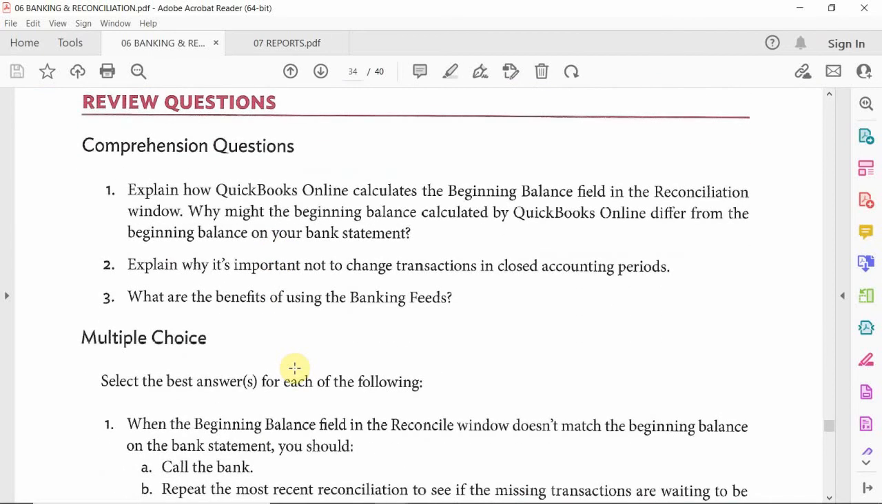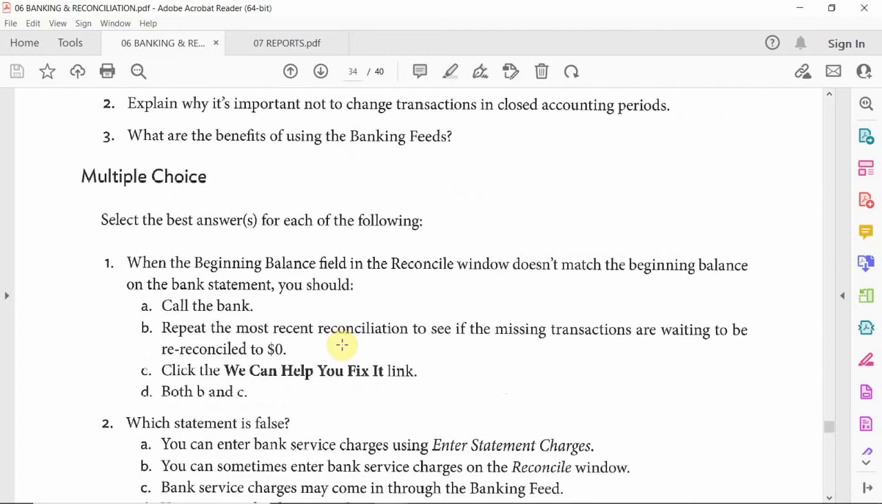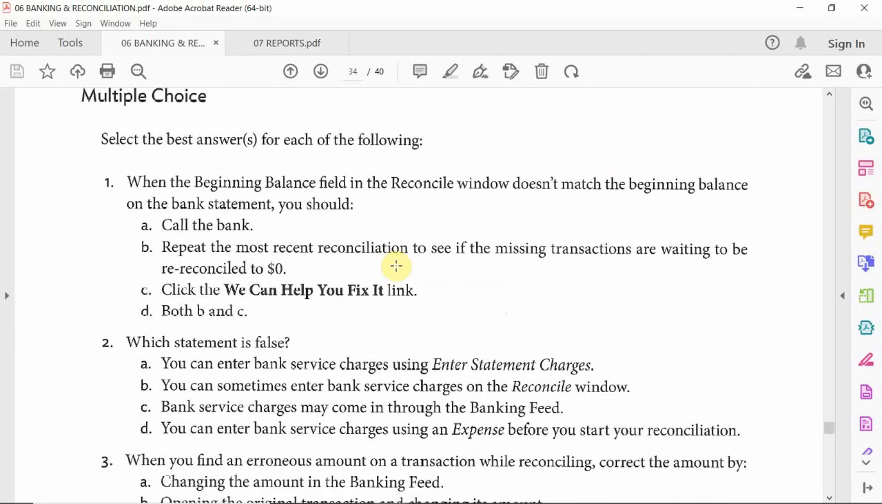right into the chapter 6 review questions here. So let's go ahead. Your multiple choice is going to be selecting the best answer for each of the following. So, number 1, okay? When the beginning balance field in the reconciliation window does not match the beginning balance on your bank statement, you should